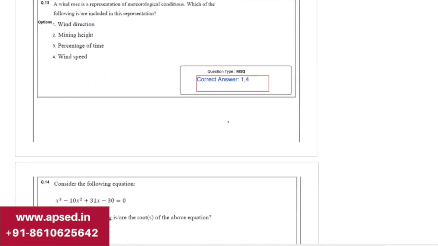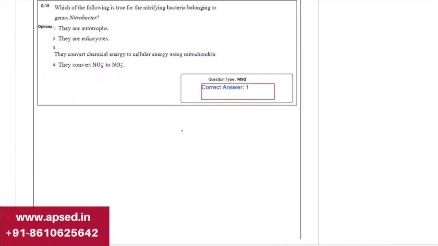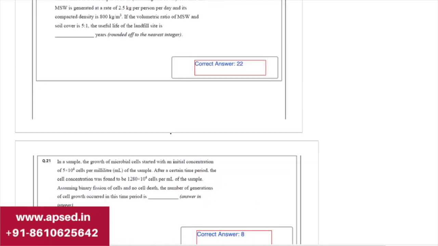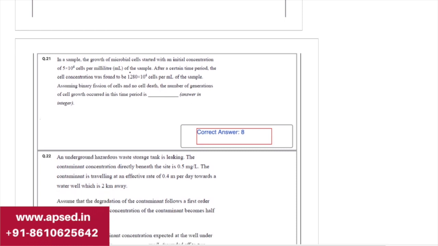For all of these questions, we have prepared this answer key. You can check it out, and within the next 2 days, we'll also provide the detailed solution for all of these questions. First, you can check out all these questions and let me know where you are finding difficulty, which question you are not able to understand, and based on that we can make detailed solutions for such questions.